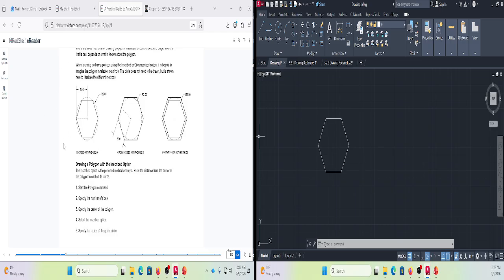See where my mouse is hovering? All right, so the next one, obviously, I'd like to see how the circumscribed option should work. The way you can do the circumscribed, you should be doing the polygon again. This time instead of choosing the polygon, I'm going to simply type "pol", and immediately the polygon option came up. Now one beautiful thing about this is that with any command for any operation that we are doing,